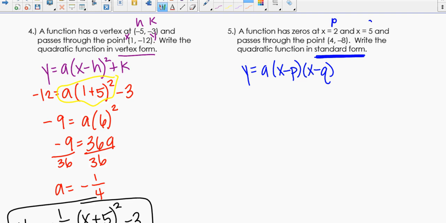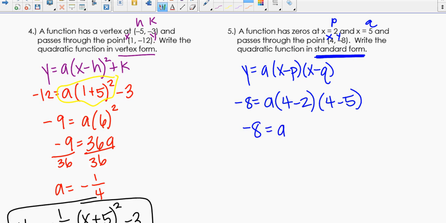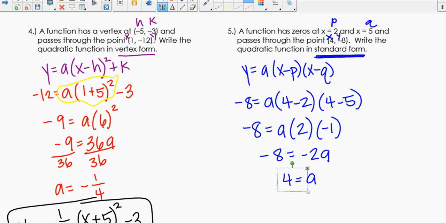Okay, this is my p, this is my q, doesn't matter, I just assign them. This is my x, this is my y. Same deal as the last problem. Okay, we have -8 equals a times (4 minus 2) times (4 minus 5). -8 equals a times 2 times -1. So we get -8 equals -2a, so 4 is a. Well, that tells me that intercept form is y equals 4 times (x minus 2) times (x minus 5),